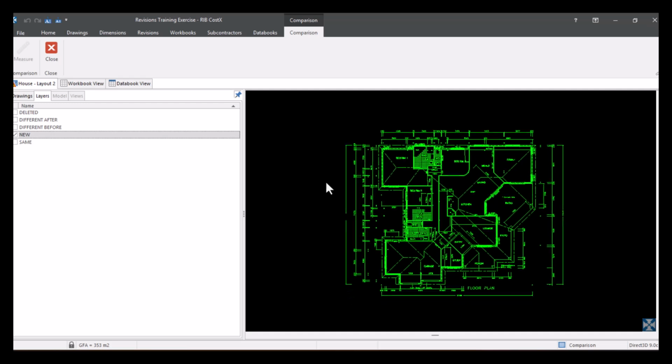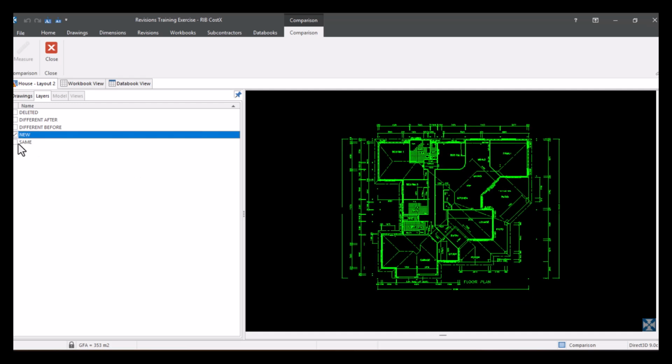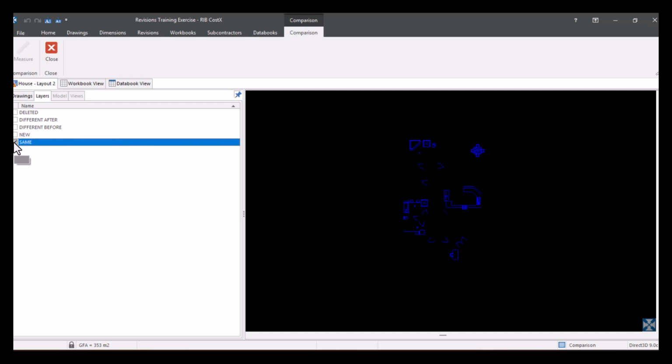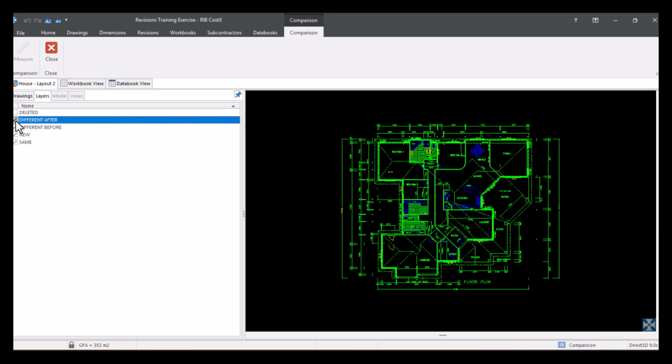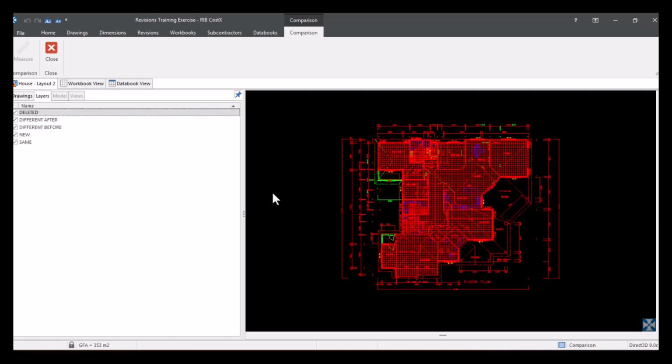What is new? So the entire floor plan is new, and then we can ask what has remained the same, and that is in blue here. So this is the positioning of the items that have remained the same. So if we bring back all the layers, again, not deleted them, just hidden them, then we can understand the differences. So if I close this,